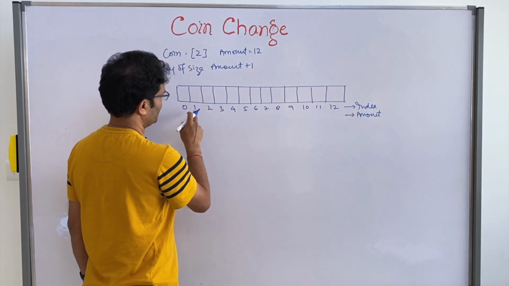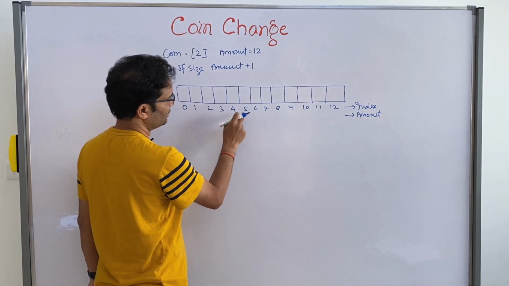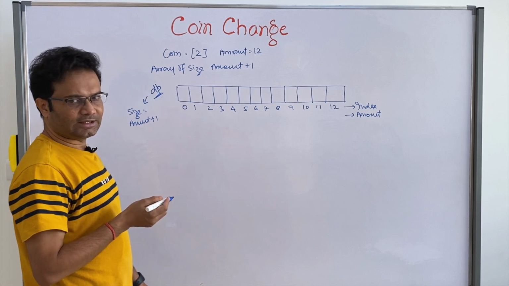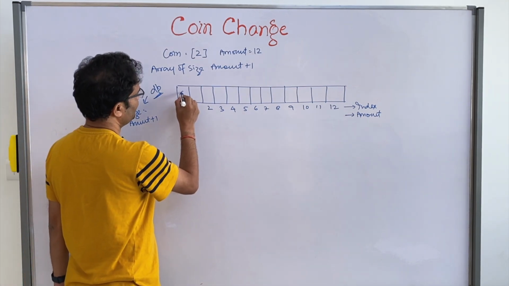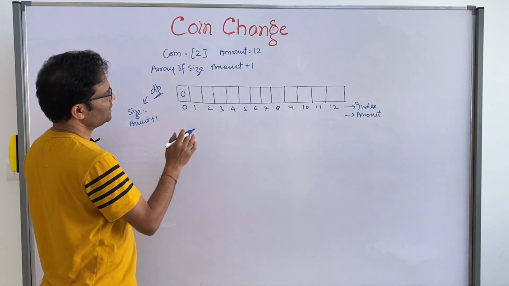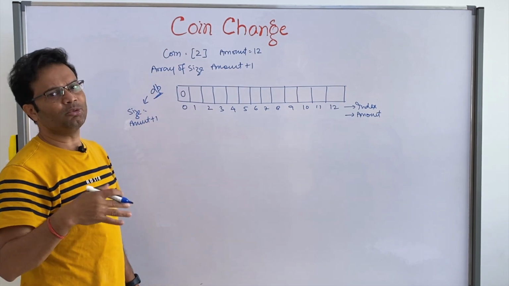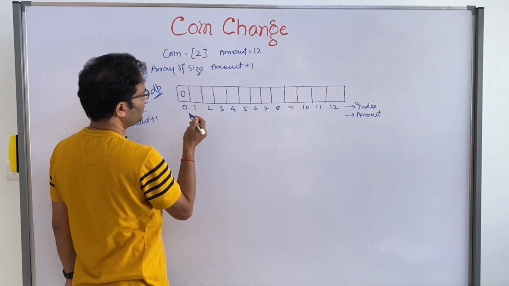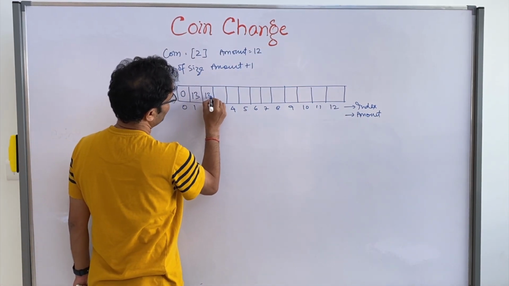So this is the 1 amount, 2 amount, 3 amount, 4 amount. Just consider it, right? At the starting time, you make the entry of 0, I will explain each and everything, and make the entry any number more than the amount. So suppose I want to achieve 12, you can put 13 in all the boxes,